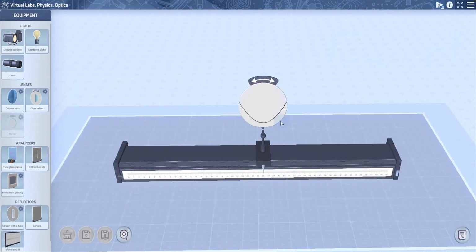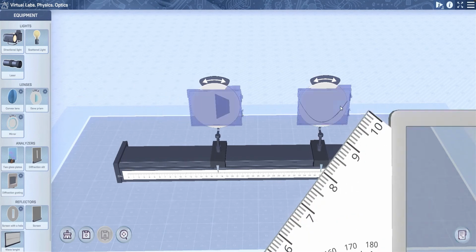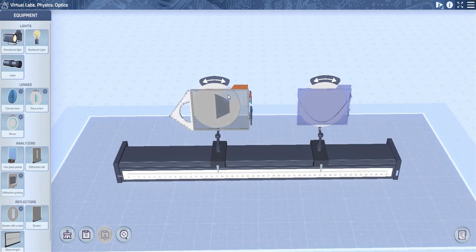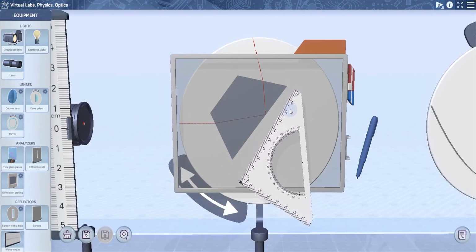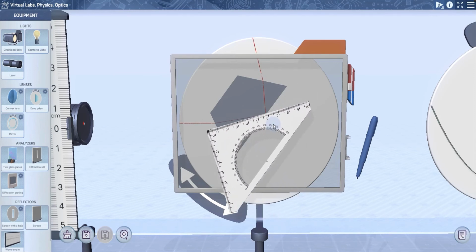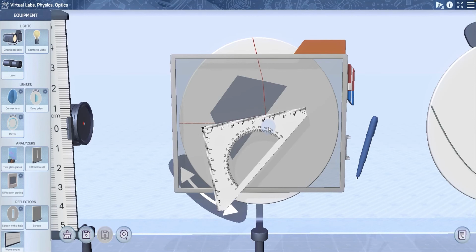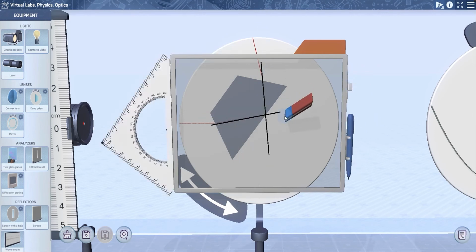Some objects, i.e. the mirror or the Dove prism, are provided with an extra tool, a clipboard. Let's put it on the Dove prism. We can use the clipboard to draw straight lines with a pen and a ruler. After moving the ruler, we can rotate it with the mouse wheel. Lines can be drawn while the pen is active, and we can also correct the lines with a razor.